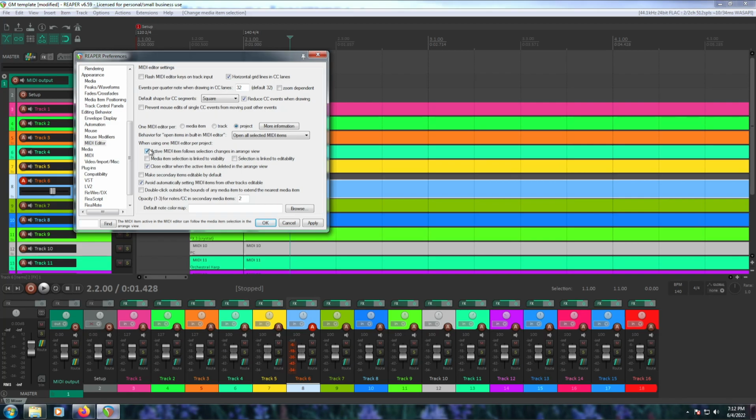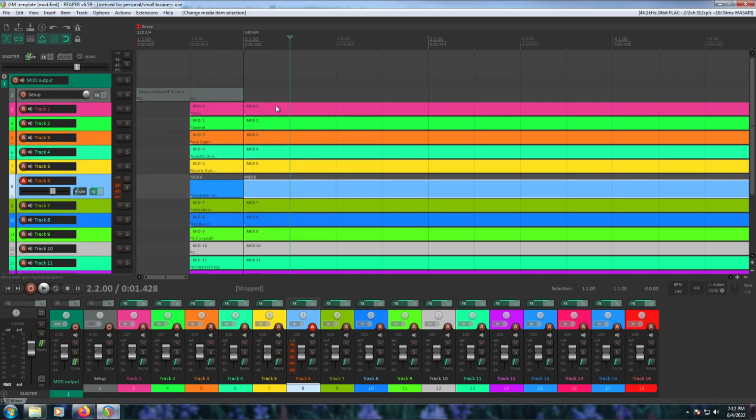I'm going to click this. Media item selection is linked to visibility. I'm going to click this. Selection is linked to editability. I'm going to click this. Close editor when the active item is deleted in the range view. I'm going to unclick that because I want the MIDI editor to stay open. Avoid automatically setting MIDI items from other tracks editable. Yeah, probably. You can always come back and change these, but the thing I like about this, and this is explained in the post,